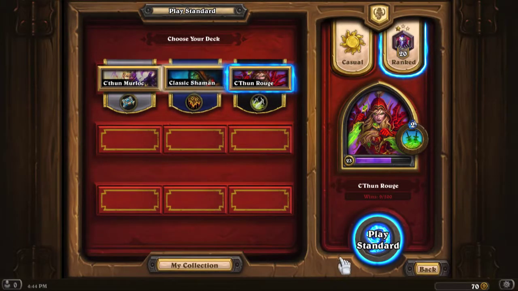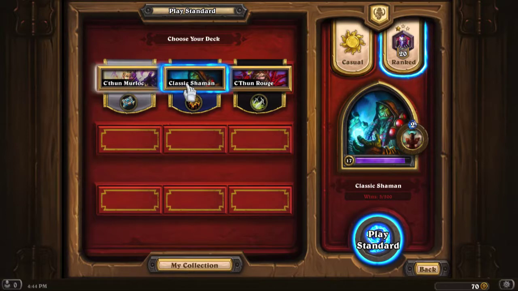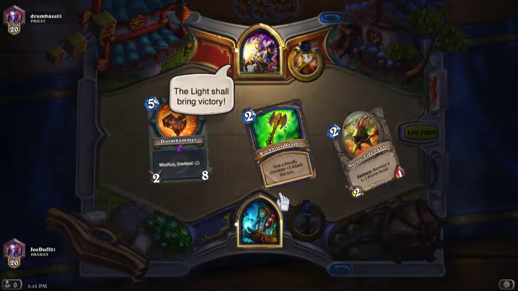My next one I'm playing is a Shaman. It's just a classic Shaman. If you've ever built a deck before and you click Shaman, it says classic, or any class actually, and then there's a classic deck, and this is literally just a classic deck for the Shaman. Versus Anduin. And as we go into the game,